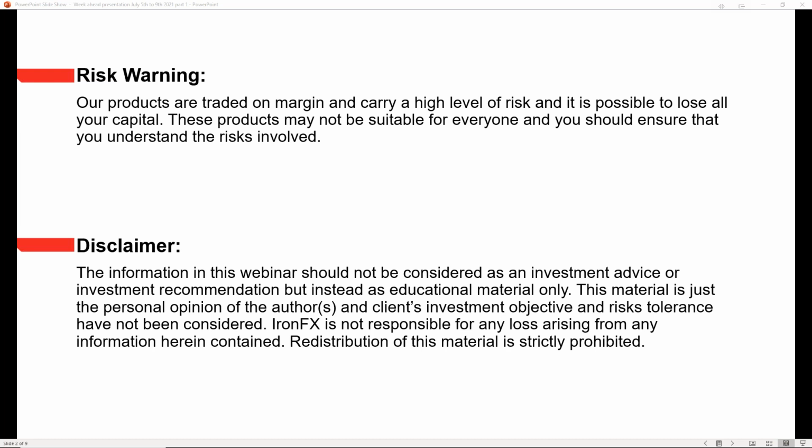So let's make a start with an introduction that I've prepared for what we'll be seeing now. The importance of the week ahead report needs not to be explained, as it is essentially a window into what the following days could mean for traders and market participants. This report is not to be used as a manual for trading, but rather a brief review of what has been happening so far, mainly in the FX market, and what the economic events in the following week could mean